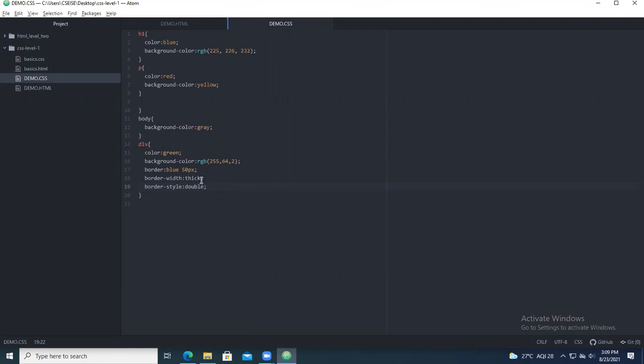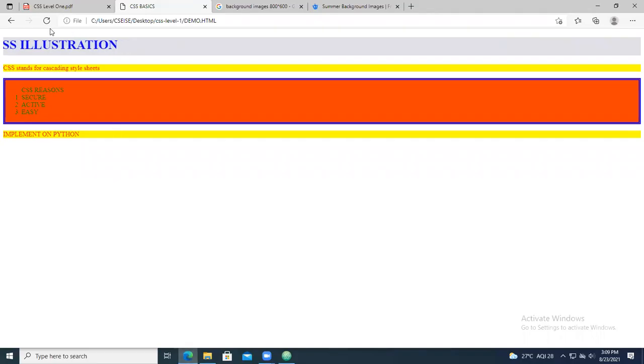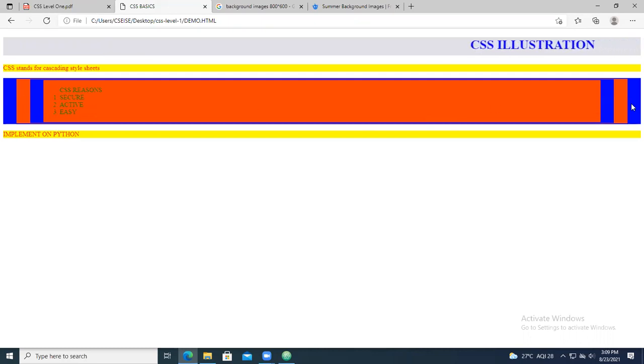So you can go with a thick. So thick you can give 100 pixels. And you can save the contents and run. So you can see like this. So this will be the contents. So with 100 pixel, you can have different things. Understood? So that means I'm giving the demo only on the division.